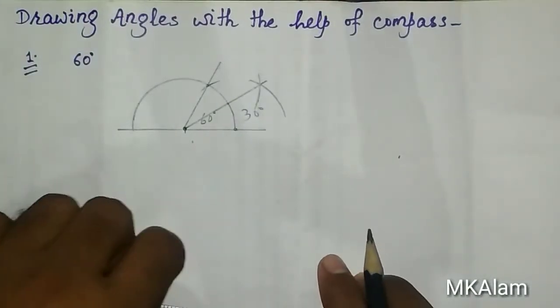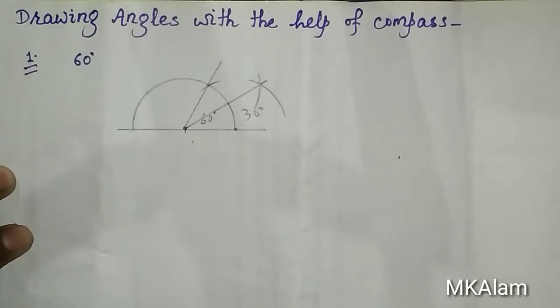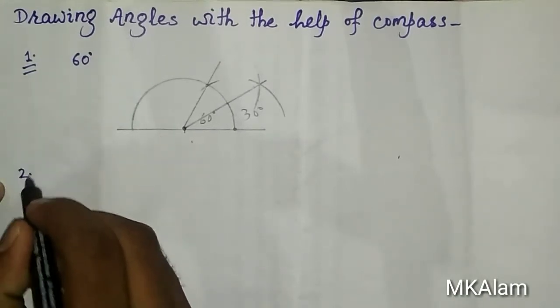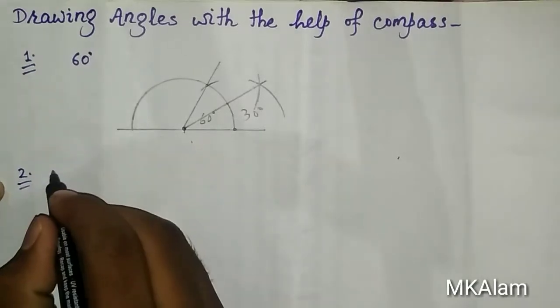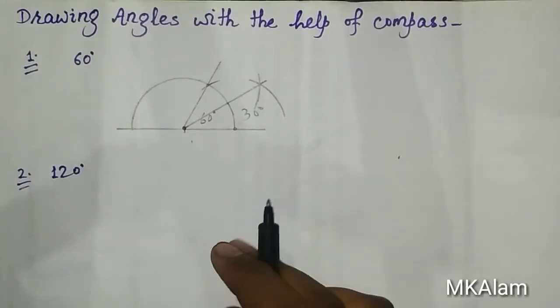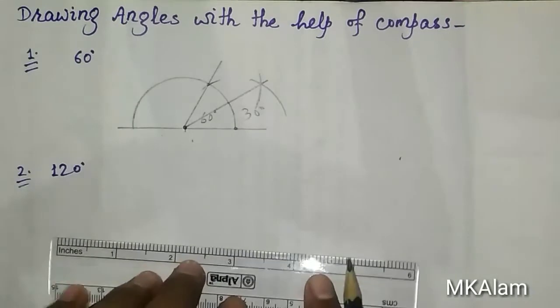now we will see how you can make a 120-degree angle. So let's see in another question. So we will have to do it like this. Okay, now we will see the drawing of the 120-degree angle. Okay, and you will have to do simply like that, which you have done previously.